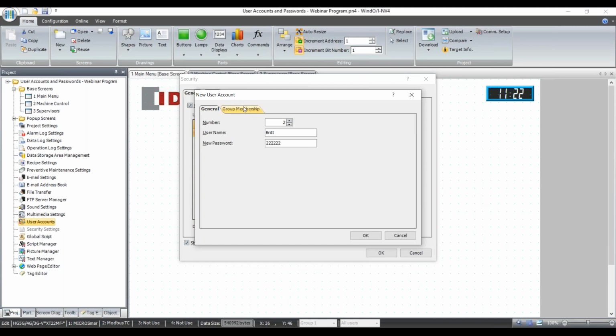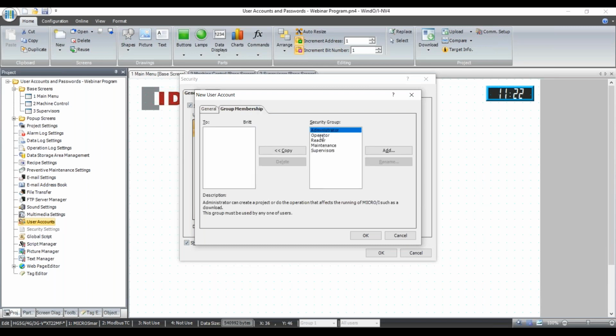Now if I click on this group membership tab, here's where I can assign myself to groups. Let me get rid of these 2 groups here. I can assign myself to those 3 default groups. I'd already created these 2 groups, maintenance and supervisors. Let me show you how to add a group. It's real simple. If I click add,